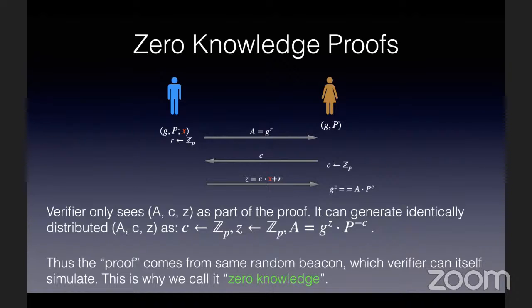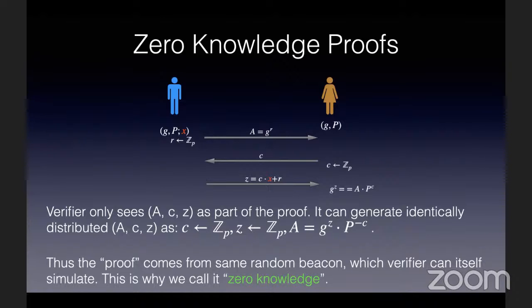Now we know that the log of A times P to the power C is essentially C times log of P plus log of A. The prover was anyway allowed to send A such that it knows log of A. And so it can compute this by doing log of A plus C times log of P. So essentially to compute this, it must know log of P, because C is random. So if the prover can answer this random question correctly, the verifier concludes that, because C was sent at random, the prover must know log of P.